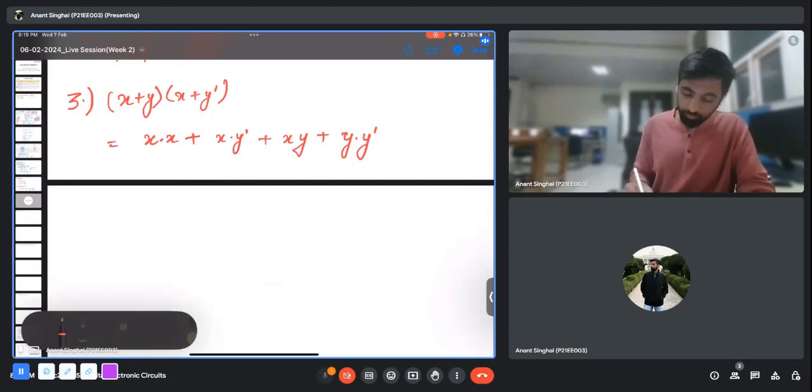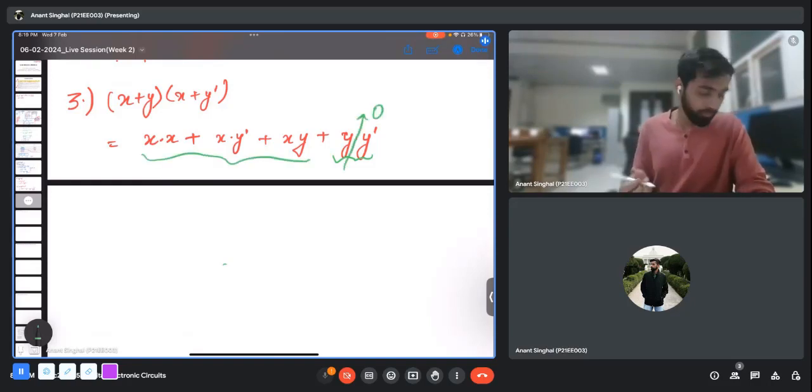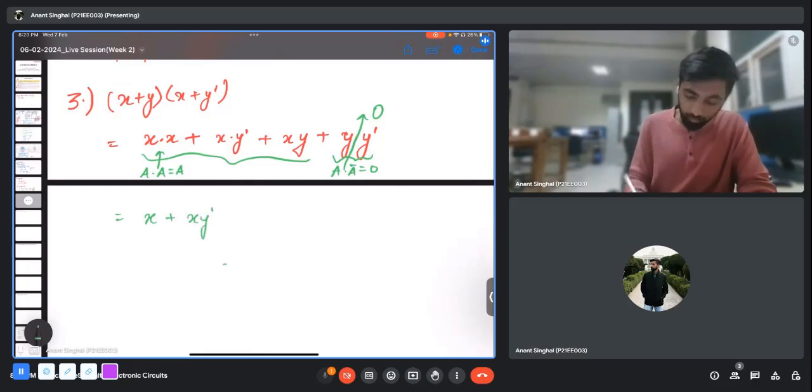So first of all, do the easier things first. We can clearly see the AND operation of a complement with a variable will result in a 0, and adding 0 to any term will not change it. This is the same variable with itself, so let's say it is a, and a times a complement will be 0. So I'm simplifying. I can write this as x plus xy complement plus xy. You can clearly see there is an x common in all the terms, so I can write this as x times 1 plus